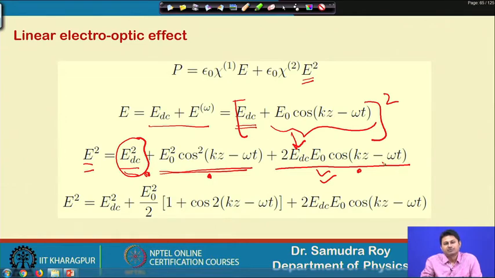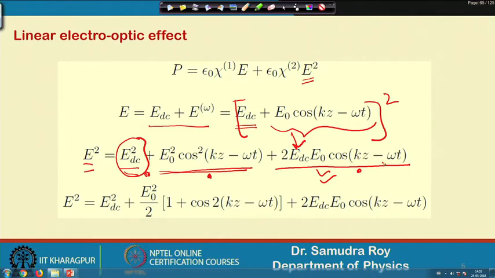And you should realize that whenever you have a square kind of term, if two terms are there, a plus b, and I make a square of that, a plus b whole square, then a square plus b square naturally come, but these two terms are not coupled, whereas the 2ab term is also there and this is coupled. When the 2ab term is there, things can happen. This coupling term basically gives rise to many important things. So, here in nonlinear optics we always find these kinds of effects. So, let us go back to our slides.